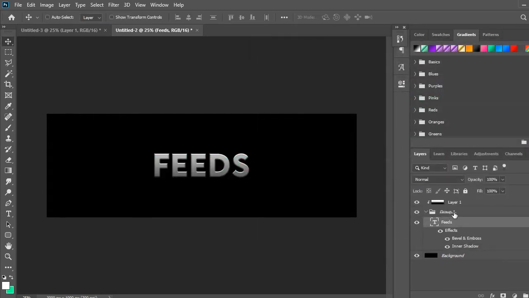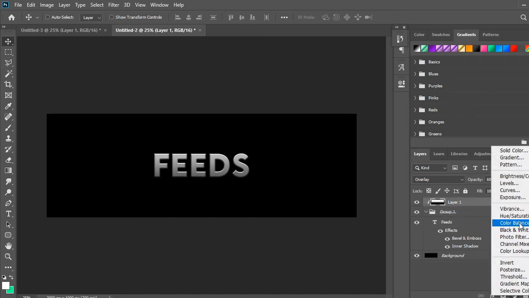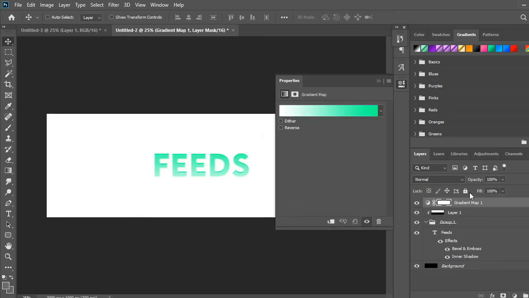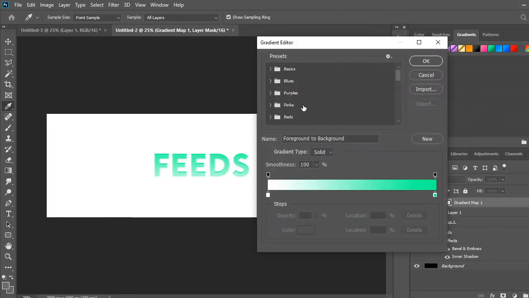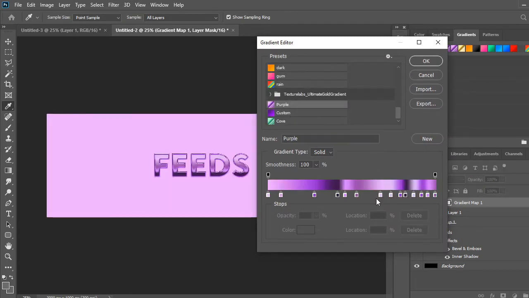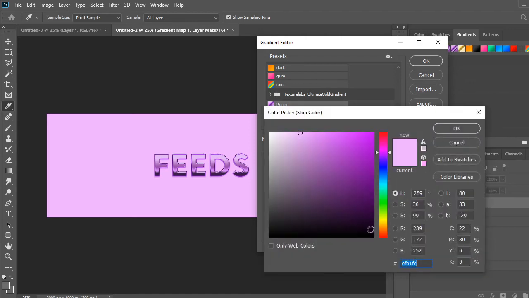Okay, now that you have that done, you're going to want to go to the very top, and then you're going to do gradient map. Now that you have this all set up, this is where the chrome effect is made. So this one, obviously, what you're going to do is, you're going to do the key